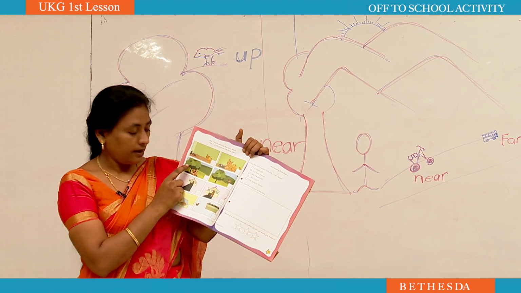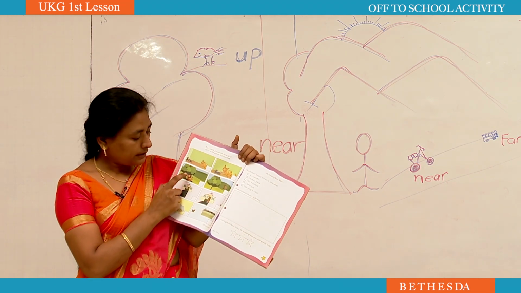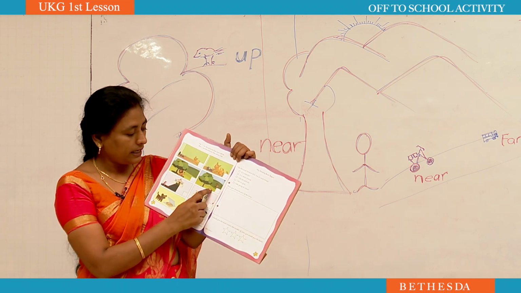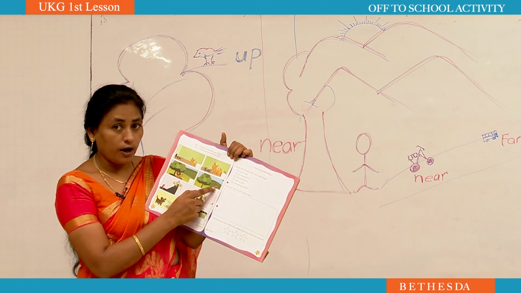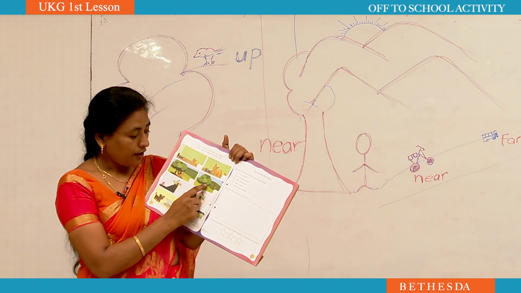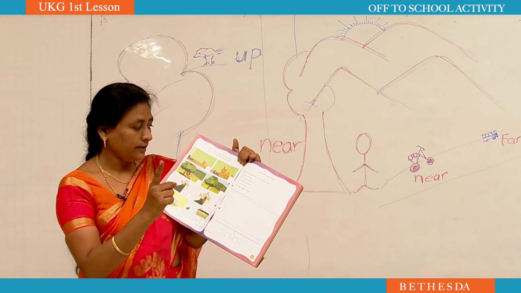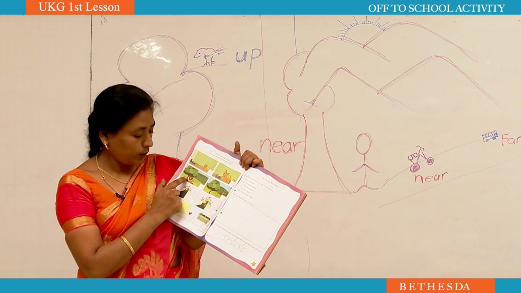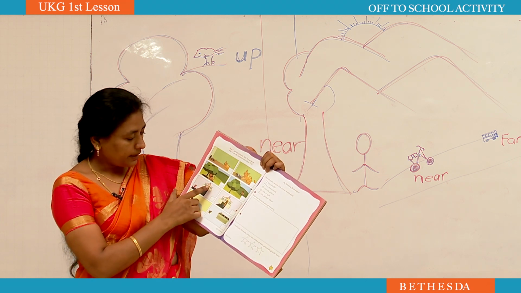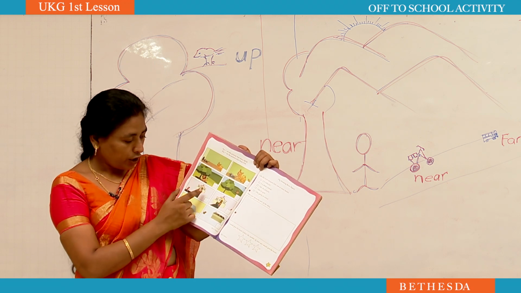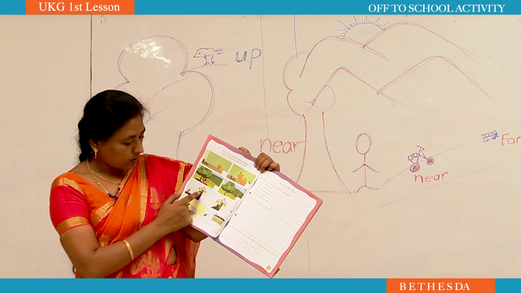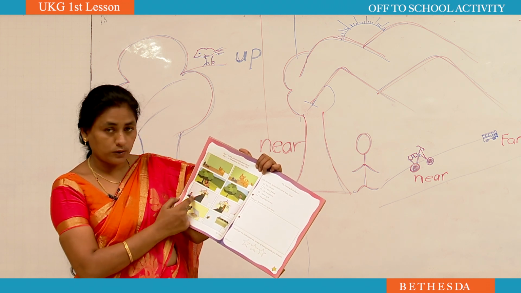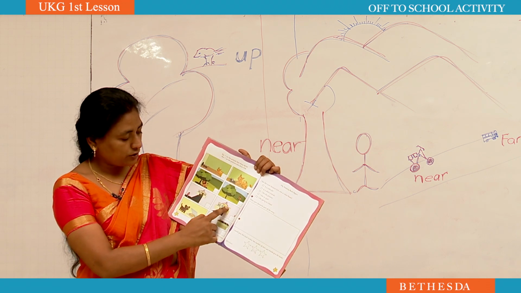You can see here the tree and the lion. The tree and the lion, they are near. In this picture, you can see far, tree and the lion. Far means which crayon, Nana? With blue. Near means red crayon. Here you can see there is a house and the boy. You can see the boy and the house, there is a distance. See, Nana? It is far. He is far from the house. Here you can see near to the house.